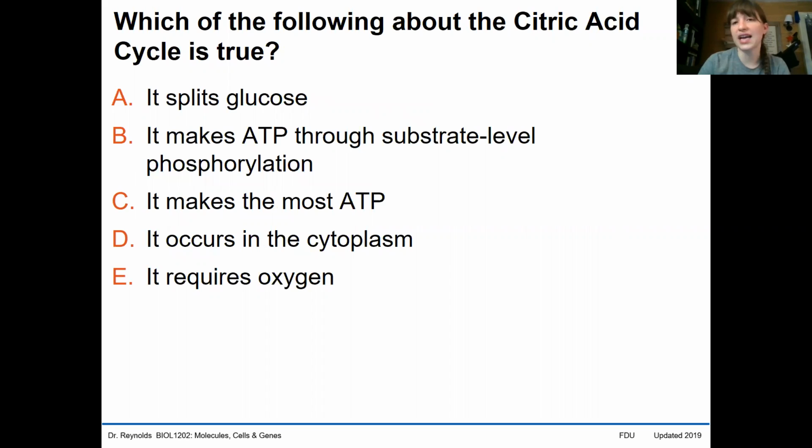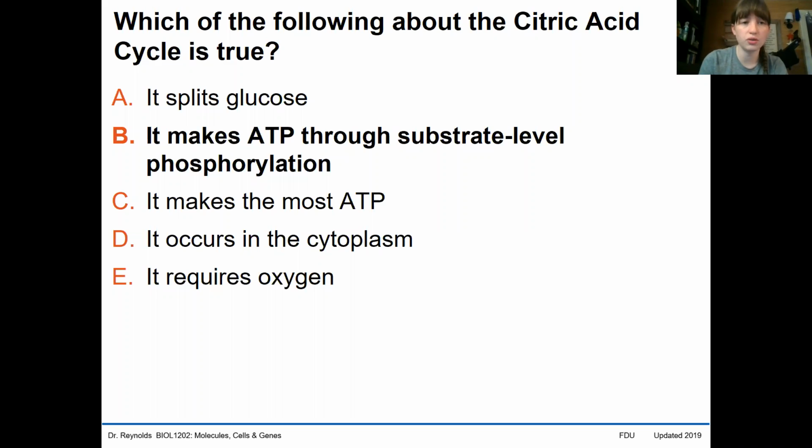When we look at the citric acid cycle, it is not dealing with glucose. This is glycolysis. And it does make ATP, but again, not the most ATP. Most ATP is going to be made by chemiosmosis. It does not occur in the cytoplasm. Glycolysis occurs in the cytoplasm, but the oxidation of pyruvate has transitioned this molecule of pyruvate into the mitochondria when it produced the acetyl-CoA. And once again, citric acid cycle does not require oxygen, but it does produce 2 ATP